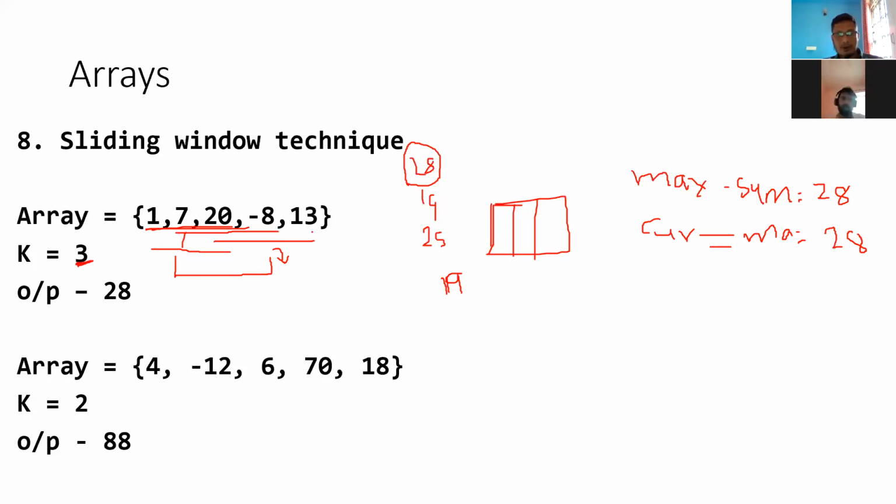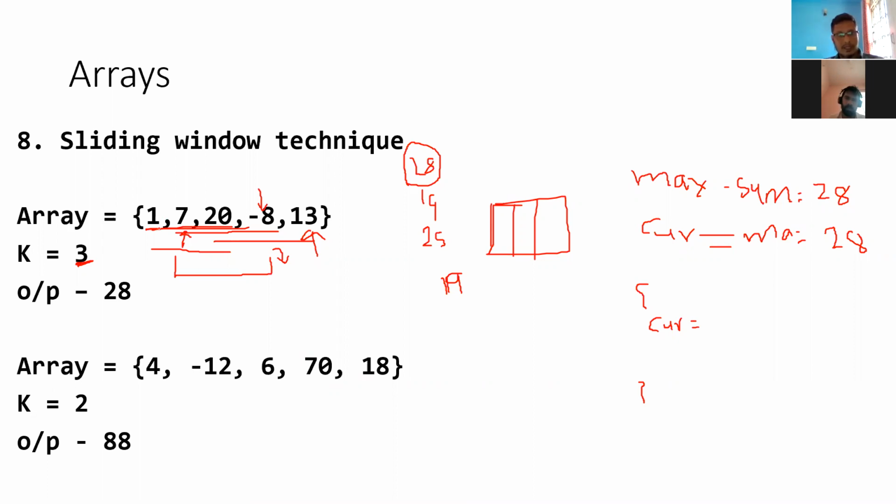In a for loop, you iterate, and inside the for loop, in the first iteration, the i minus 1 element you are decrementing, the earlier element, and the i plus k minus 1th element you are adding. So k plus 1 means this element, right? That element you are adding. So your current max will be what? The i minus 1 element you are decrementing. I started from 1, so i minus 1 is the 0th element.